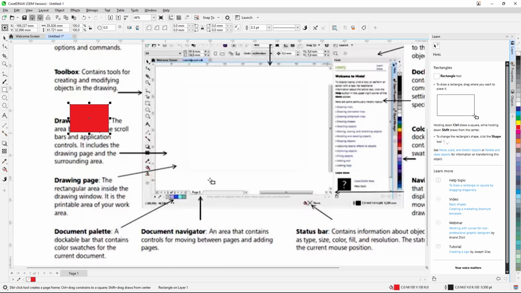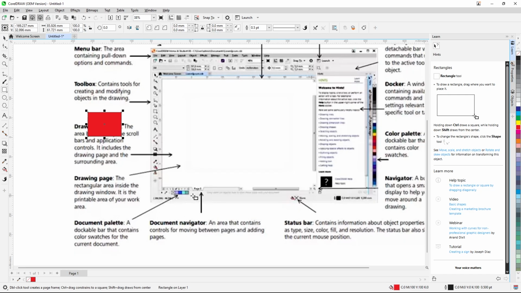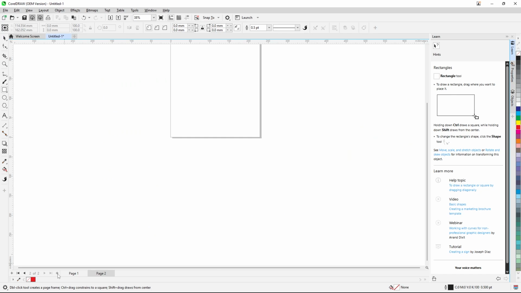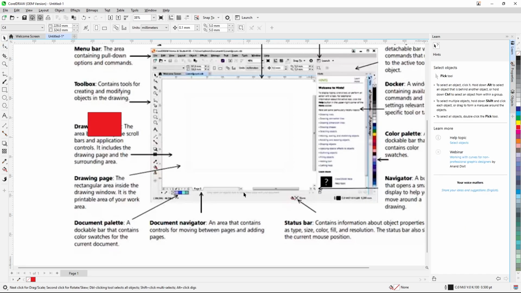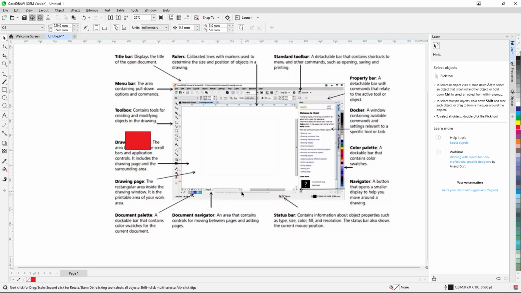Okay, and here we have pages. The page document navigator is an area that contains controls for moving between pages and adding them. See here we have pages. Right now we have one page only. You click here, and there is one more page, and one more page. Pages are coming, right? And you can delete them if you don't want them. Delete that page, and you can delete this page. We will check all these things in the coming classes. Okay, these are the main